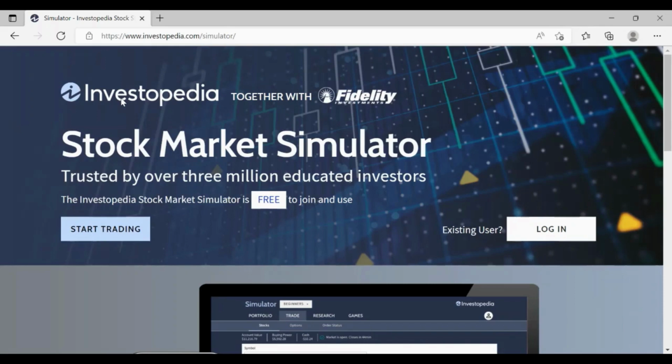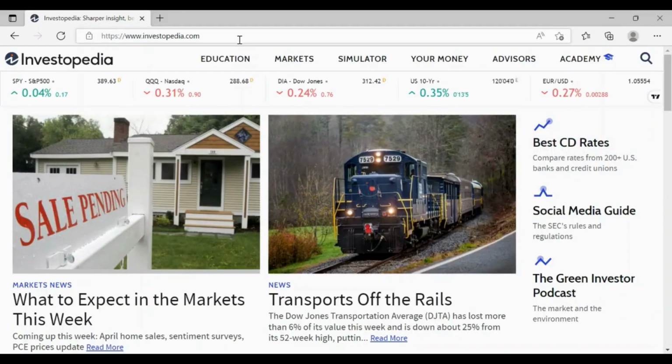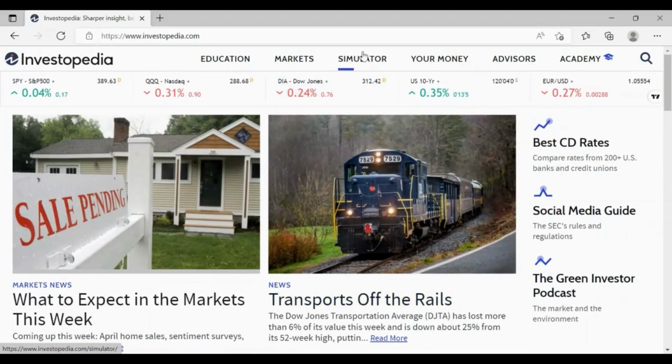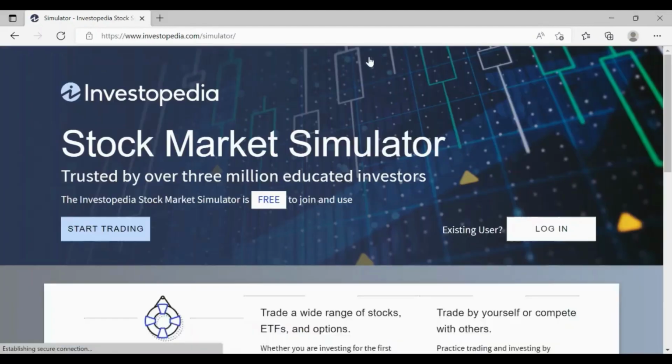And again, as I mentioned before, I know that the word stock market or just the idea of investing can be a turnoff for some people, but there's a tool here that Investopedia offers, and it's a stock market simulator. And that can be found at investopedia.com. I noticed it in one of the last videos, and if I put it right here up to simulator,